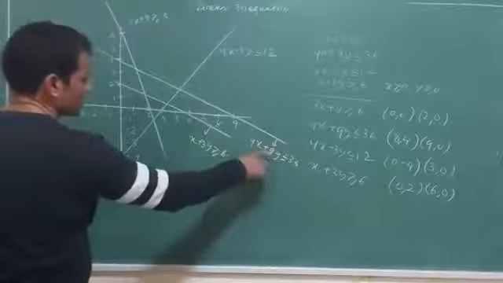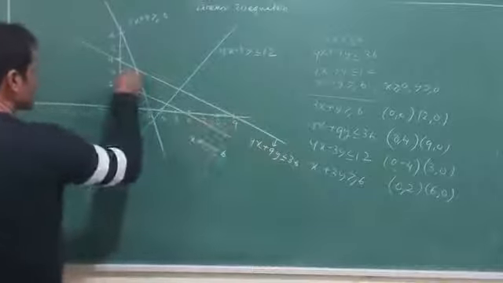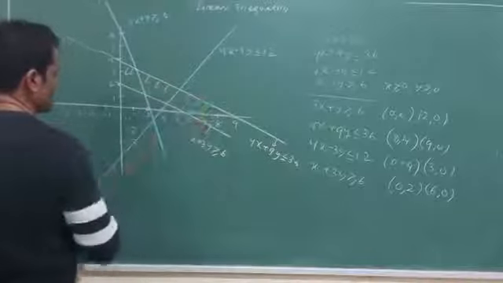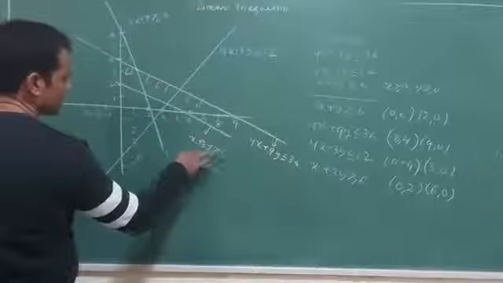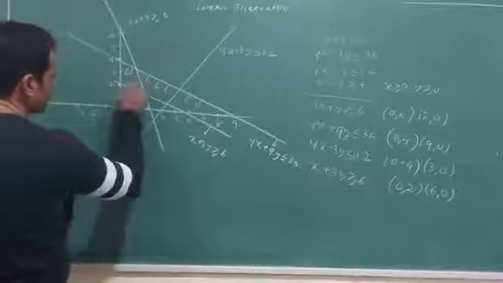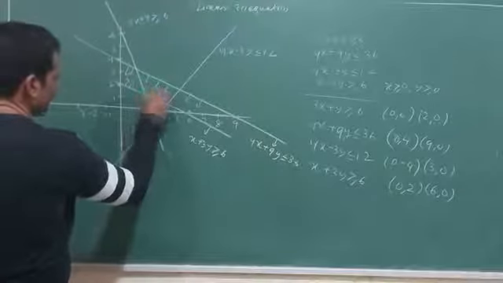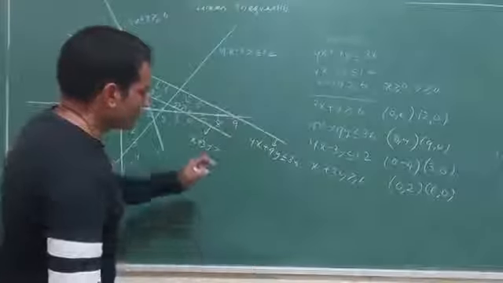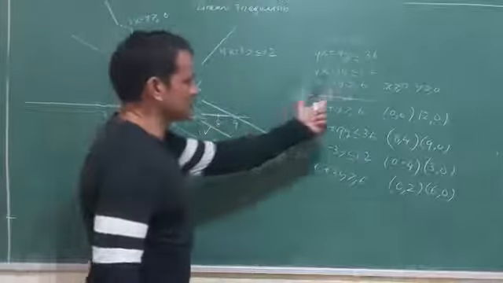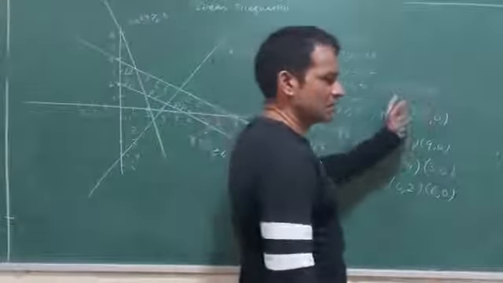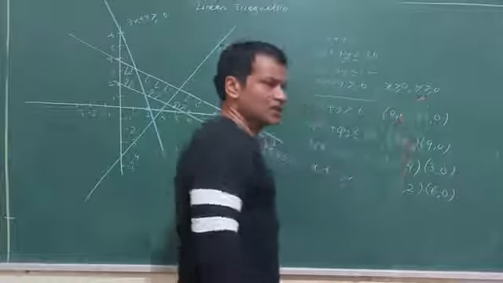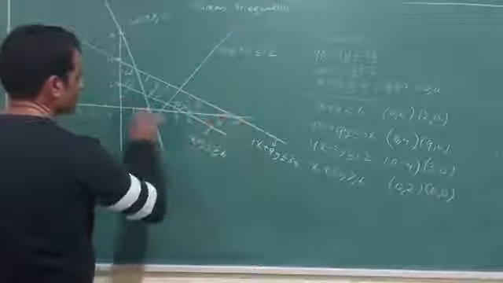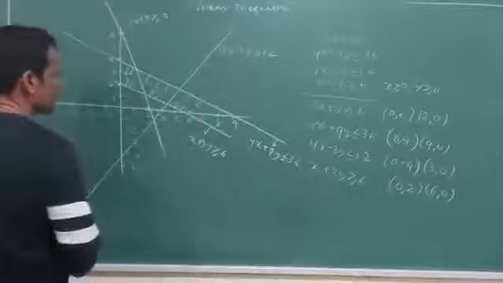This line, less than or equal to 36, is coming towards the origin. This line x plus 3y greater than or equal to 6 is going away from the origin. I am not drawing the shade outside the first quadrant, because x positive, y positive means the area has to remain in the first quadrant. It has to be limited to this.